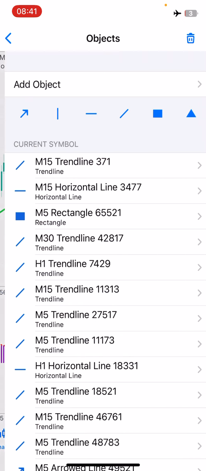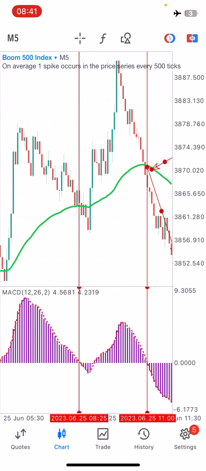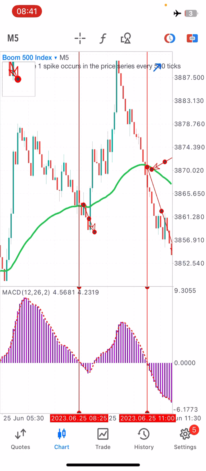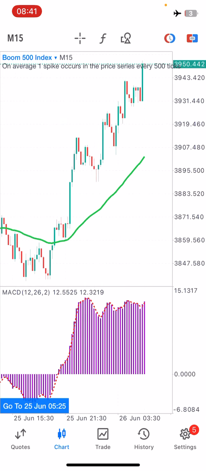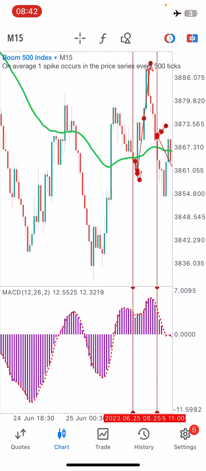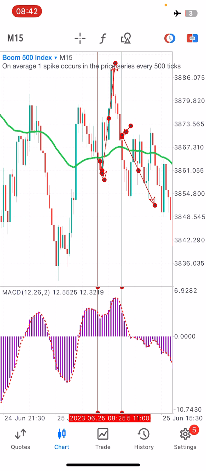Here we had a fake out. Here the market actually managed to manipulate us. There was no big movement, and it immediately reversed and went all the way up. Now this is the part where going to a higher time frame is going to help you analyze better. If you go maybe to the 15-minute time frame, you find out that at that point we were still in an uptrend, and can you see